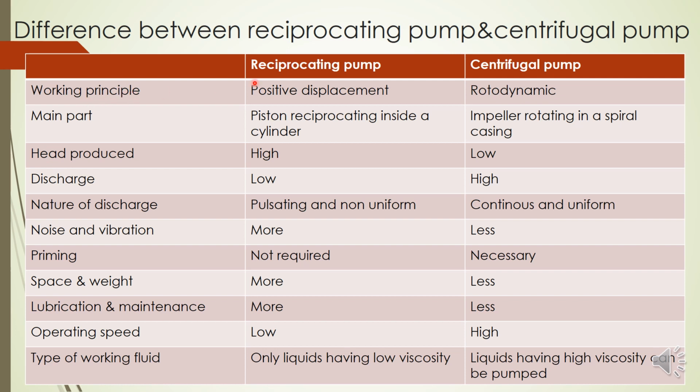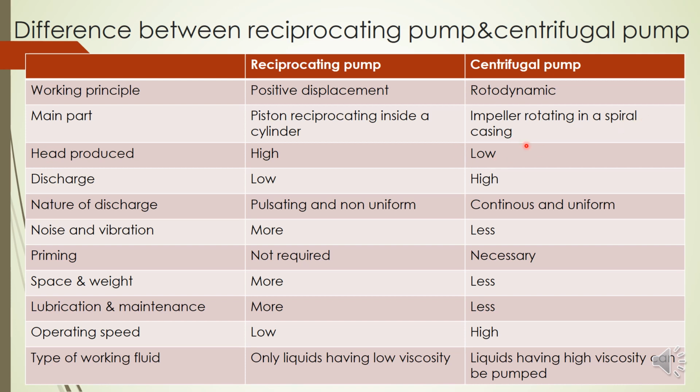The working principle is entirely different. Reciprocating pump is a positive displacement pump. Centrifugal pump is a rotordynamic pump. It works by dynamic action of the rotor. And the main part is also different. In the reciprocating pump, we have a piston reciprocating inside the cylinder, while in the centrifugal pump, we have an impeller rotating in